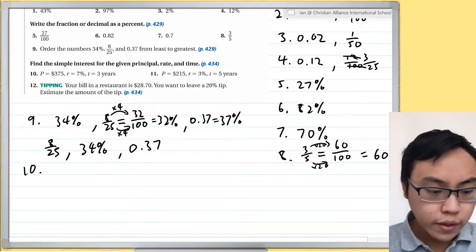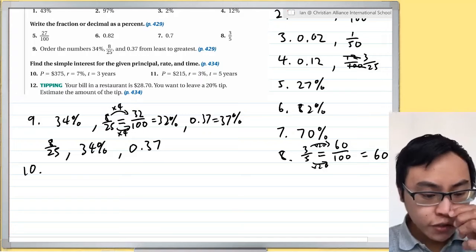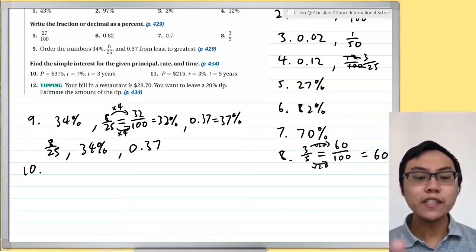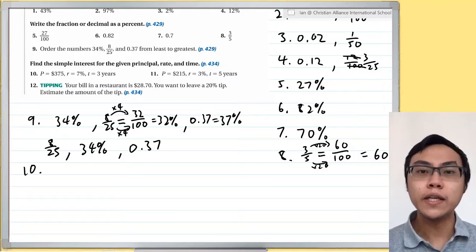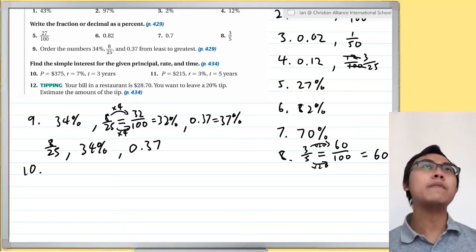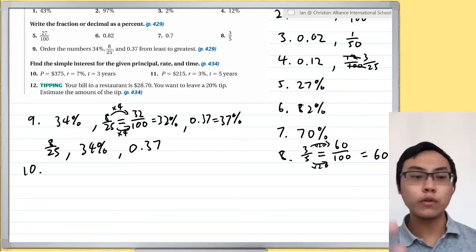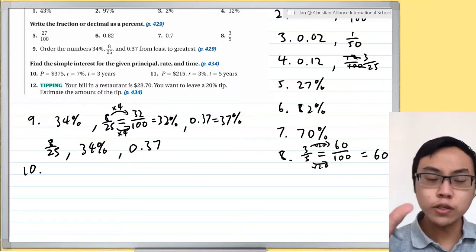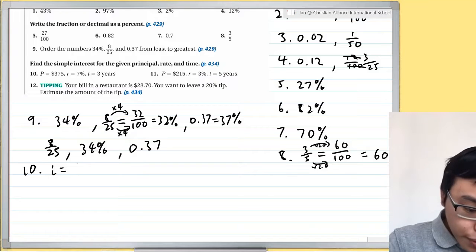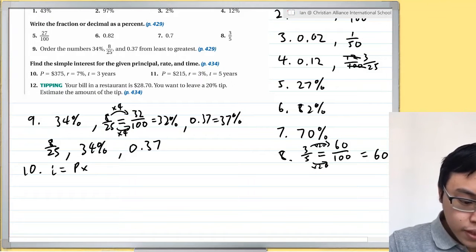Question 10. Find the simple interest for the given principal, rate, and the time. So the simple interest will only be the interest value, not the overall value at the end. It's not the amount of money borrowed and returned or something like that. It's just the interest itself. So if you remember, interest is equal to principal times the rate